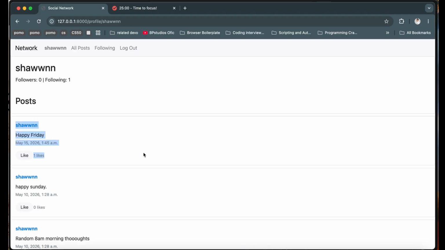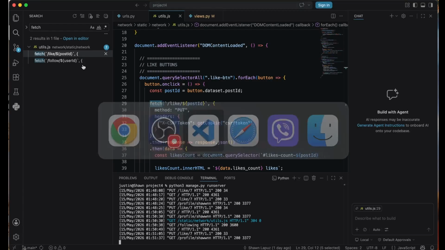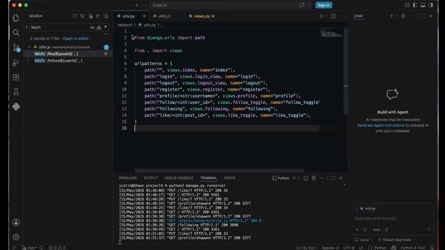What we have done before is our postcard is now refactored and used across all those three templates. This is good, but right now we're going to refactor the backend logic behind these three views that we have. The ones that are affected are our profile function, our index function, and our following function. We're going to do that today, so let's dive right into it.